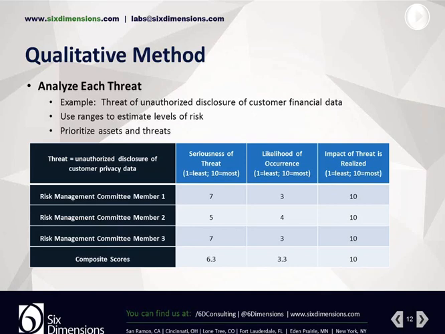So we apply that to the seriousness of the threat, likelihood of the occurrence, and the impact of that threat. And then we ask various people, we'll call them risk management committee members, exactly what they believe the seriousness of the threat, likelihood of occurrence, and the impact of that threat is. And we ask them to weight this on a scale of 1 to 10. Sure enough, the first member indicates the seriousness of the threat is a 7, the second member a 5, the third member a 7. Well, I can average these scores out and come out with a composite score for this particular threat. In doing this in each of the categories, I can then either multiply or add these numbers together.